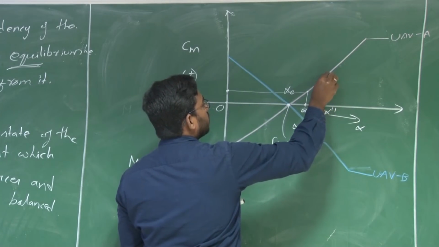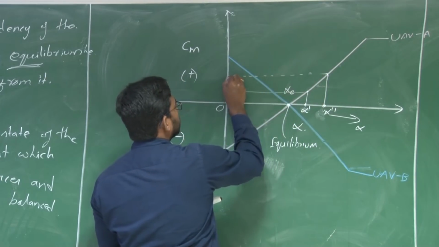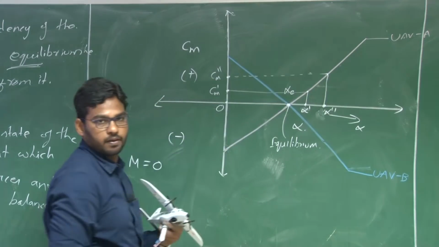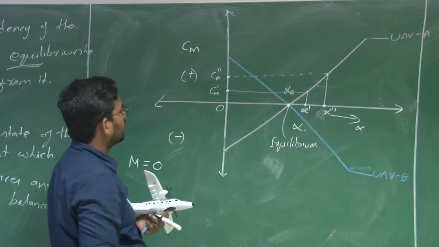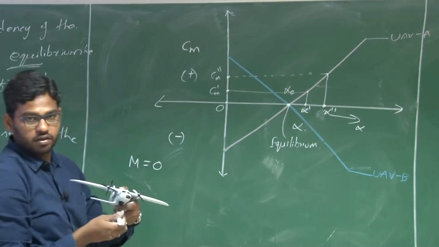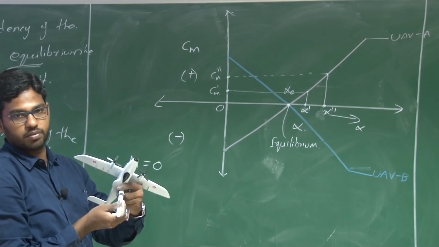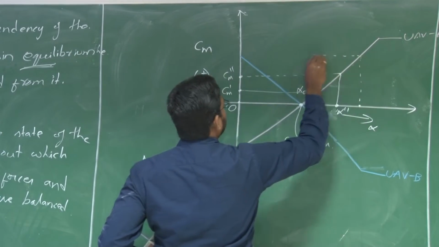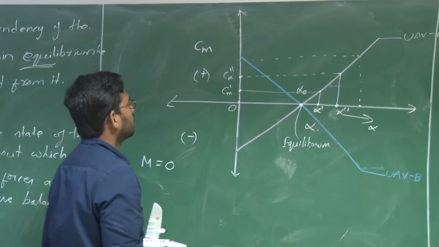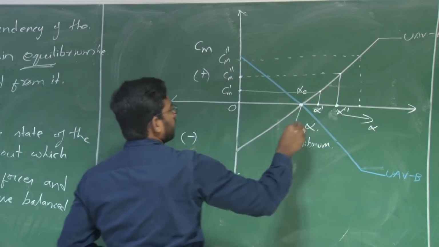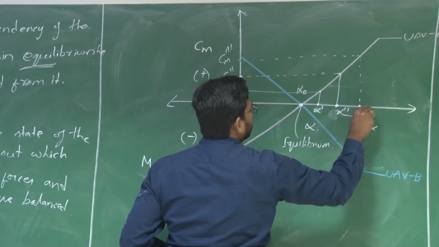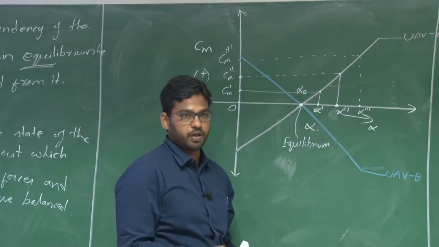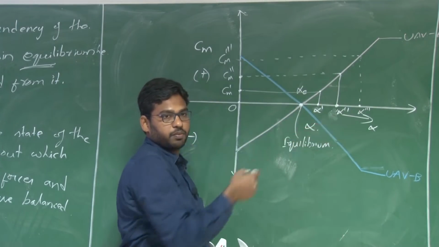Now, the increase in angle of attack due to pitch up is alpha double prime. So for this UAV you have Cm prime, Cm double prime. That means there is a further increase in the pitching moment, which further creates a nose up and further increases the angle of attack. So alpha double prime or triple prime will result in a Cm triple prime. This is alpha triple prime. That means you are moving away from this particular equilibrium point. See here, this is your equilibrium point, you are moving away from it.